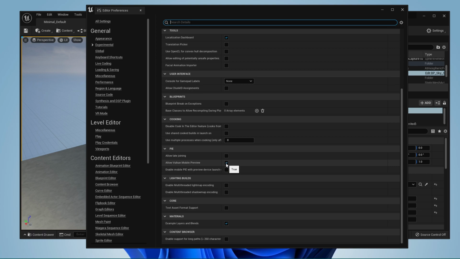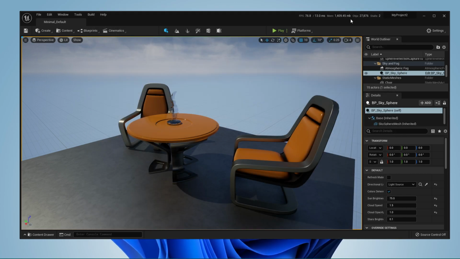Vulkan Graphics API is often used for Android-based mobile projects. In short, it's a low-overhead, cross-platform 3D graphics library that gives the developers more control over the GPU and lower-level CPU usage. To make sure that you can visualize the rendering options Vulkan has available on your development PC, you